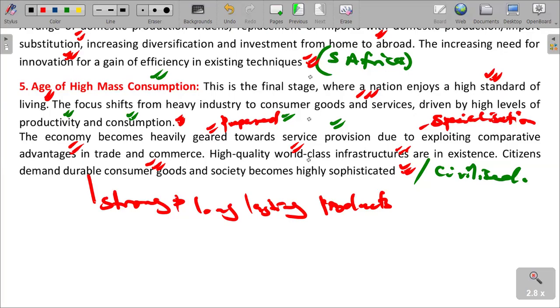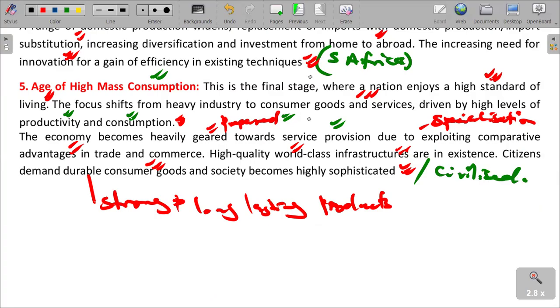People are focusing. There is a shift from heavy industry to consumer goods and services. People would now want goods and services that they actually need to use on a monthly basis, and then driven by high levels of what? Productivity and consumption. Consumption, which is derived by consumer buying behavior and preferences, now causes an increase in productivity. The economy becomes heavily geared towards service provision